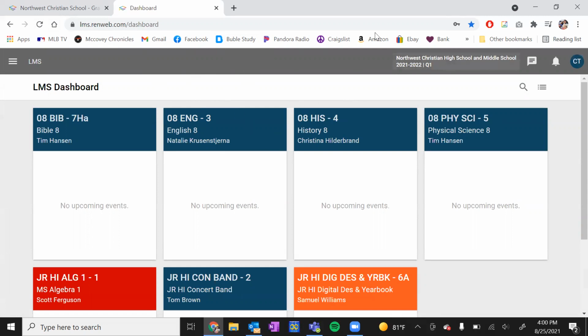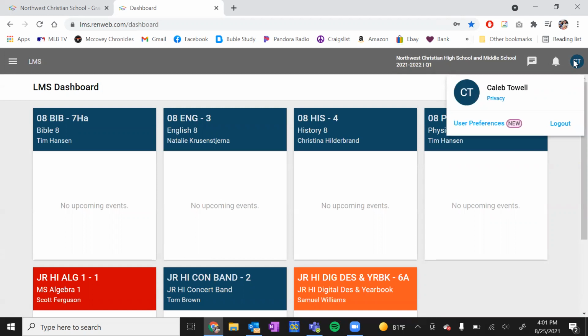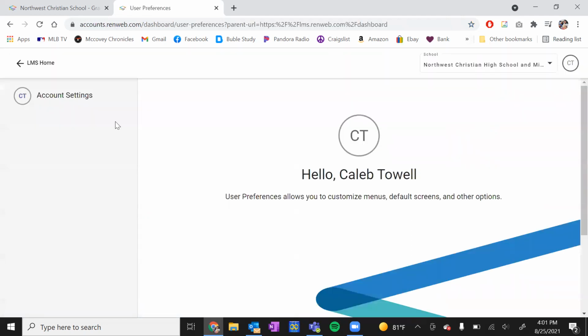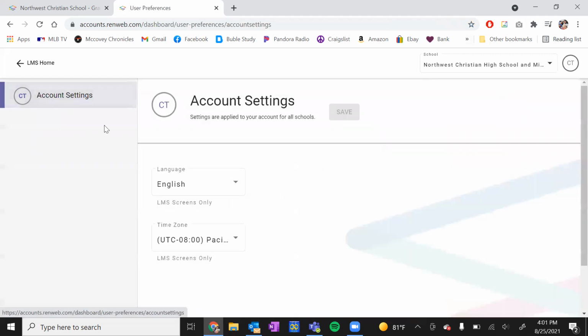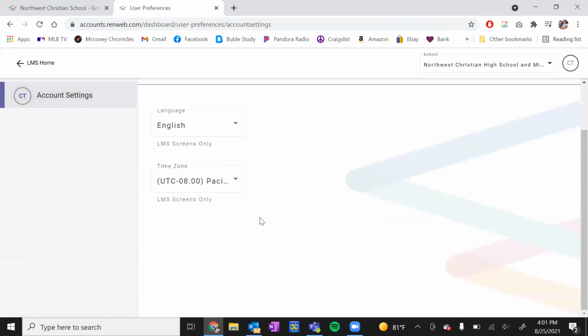You can see some buttons up here. This shows you're in middle school here, high school, middle school. You have a little notification bell. There are chat features and other communication that teachers will provide that will show up as a notification. It just has a little red number 1, 2, 3, however many notifications you have, so you can click on that. If you click the name and go to user preferences, and then account settings, here is where you can